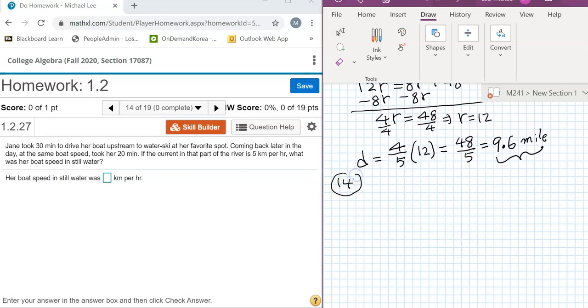14 is Jane took 30 minutes to drive her boat upstream to water ski at her favorite spot. Coming back later in the day at the same boat speed took her 20 minutes. If the current in that part of the river is 5 kilometers per hour, what was her boat speed in still water? Okay. So now it took 30 minutes